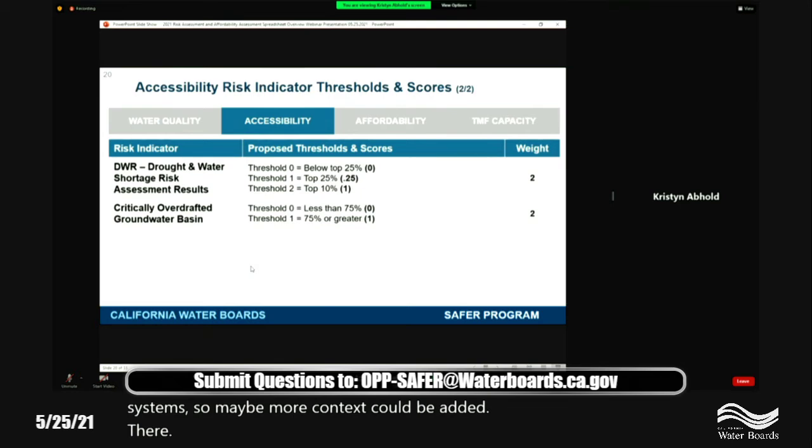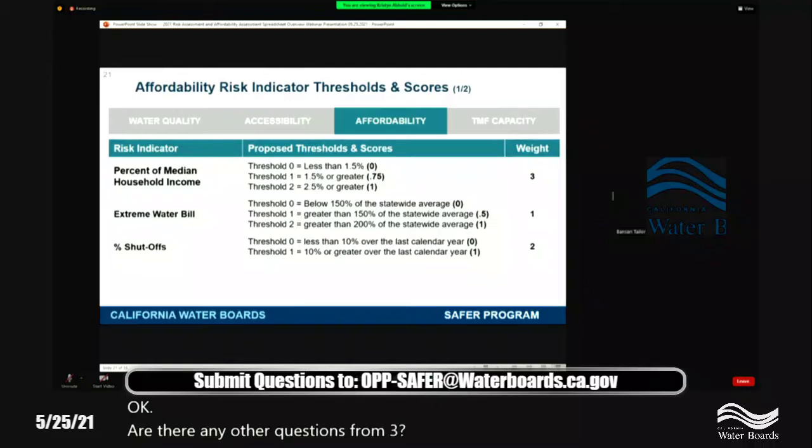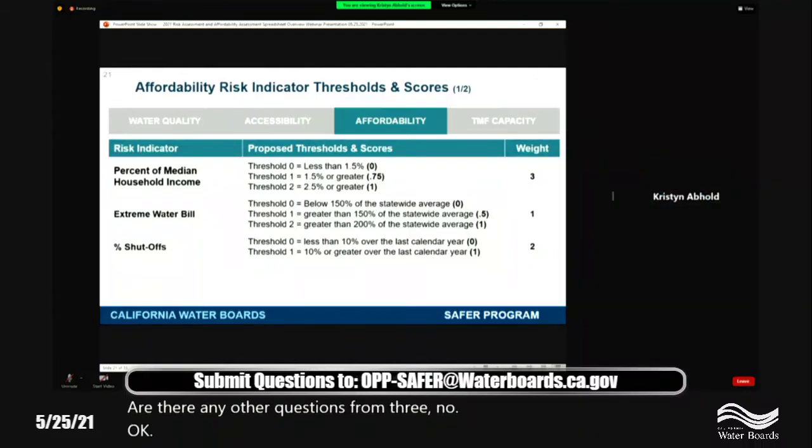Okay. Are there any other questions, Bansuri? No. Okay, I'm going to move over to affordability, and we have three different metrics that we look at in